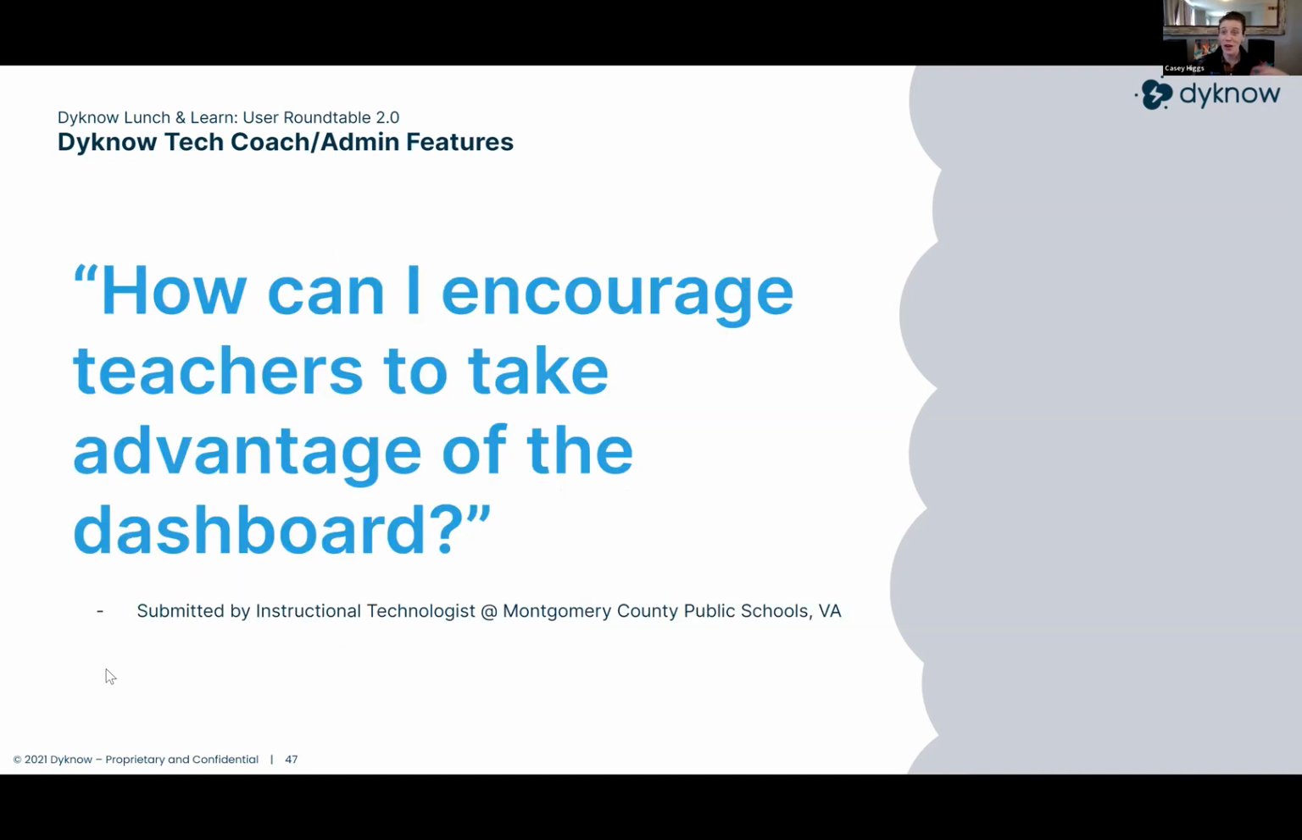Similarly, our next question is about encouraging users to take advantage of the Dyno dashboard. Now, my answer to this question kind of depends on what your definition of dashboard is, but I'm going to answer this in terms of taking advantage of Dyno in general, whether it's one particular feature or not. I think overall my answer here is going to be the same. Whether it's your My Classes page, your class history data dashboard, or your monitoring dashboard, right? If you are a tech coach or an administrator working with teachers to use Dyno,